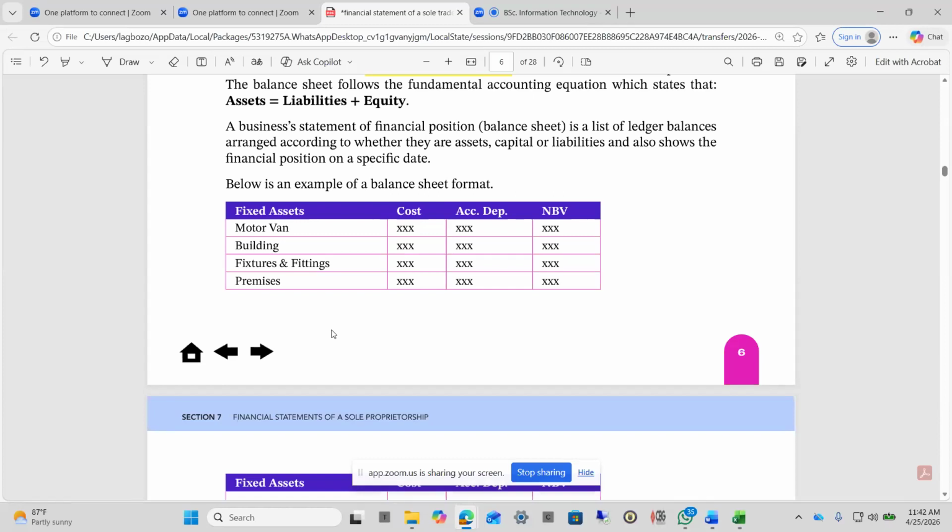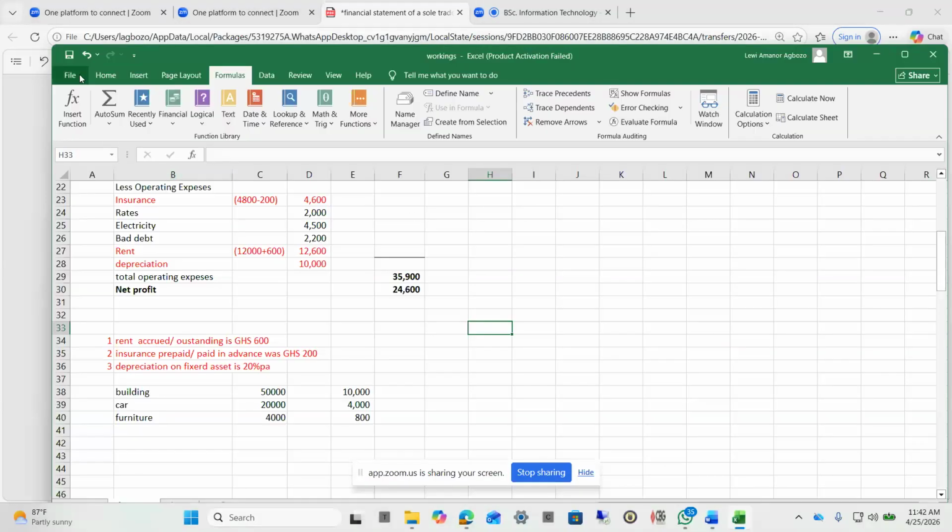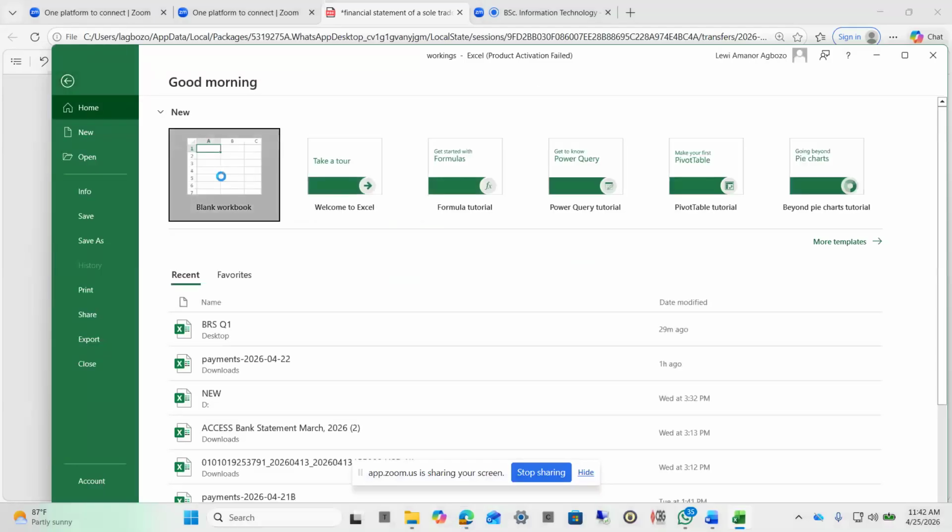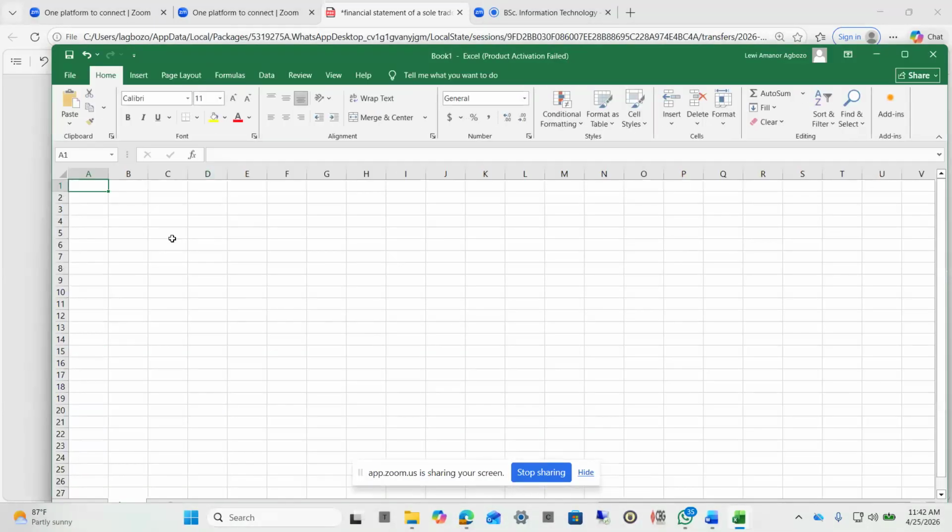We have fixed assets, which is also called non-current assets, and then current assets. I think I have to be sure you are understanding. Good. So we are first saying that